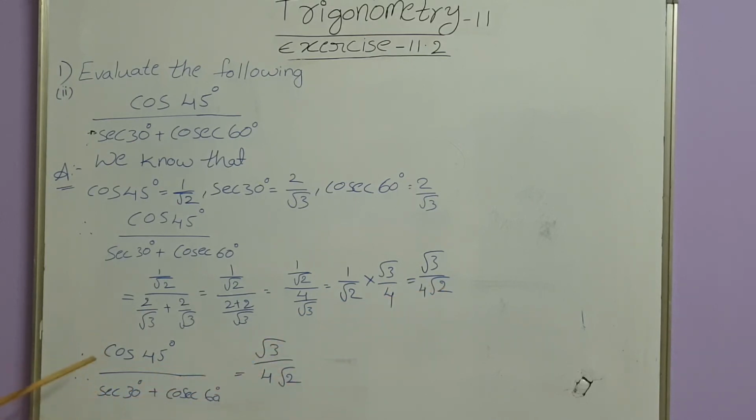Therefore, cos 45 degrees by sec 30 degrees plus cosec 60 degrees is equal to root 3 by